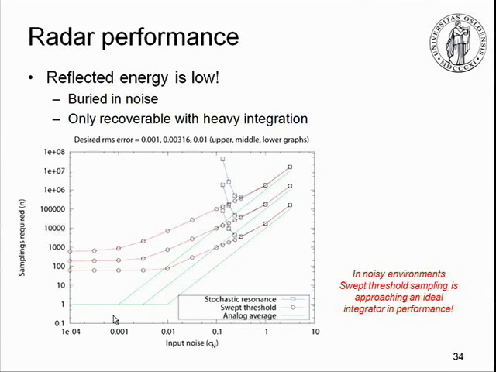There's a lot of noise, and of course, it's all proportional to the amount of energy you're allowed to transmit. If I can throw out a lot of energy, there's no problem with it. So we have a signal here, but we keep the signal stable and we increase the noise. Now you see the green lines here. They show that for an analog signal, this is done in MATLAB, I don't need to integrate at all